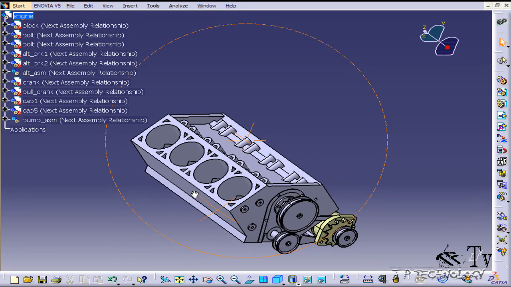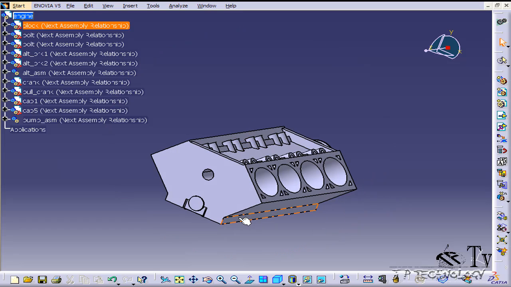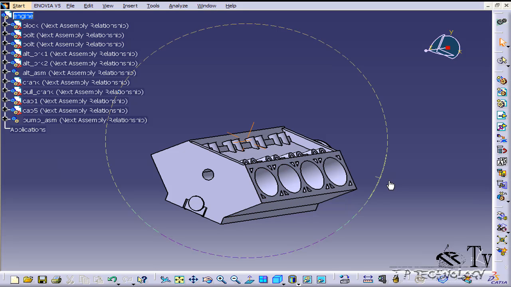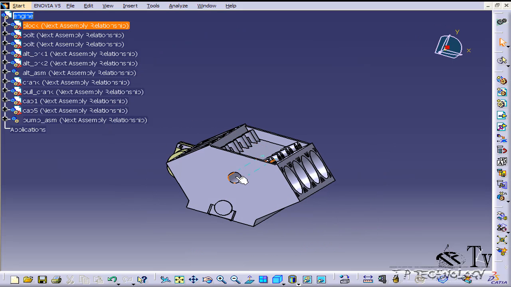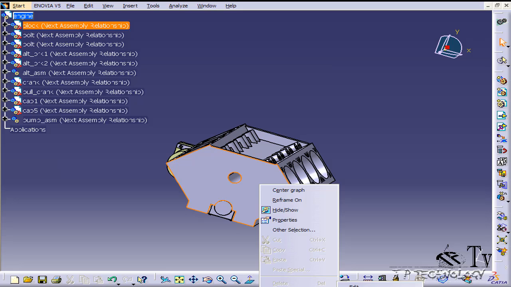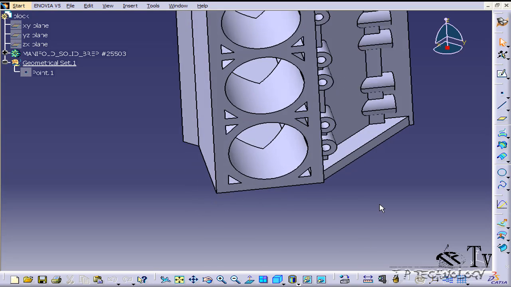So you have to figure out which center line to rotate about for your axis. You have to figure out which component it is that you're going to use. In this case, we're going to be using the engine block. So we're going to put a center line axis down the engine block through the circle there. What you're going to have to do is right click and open it in a new window.